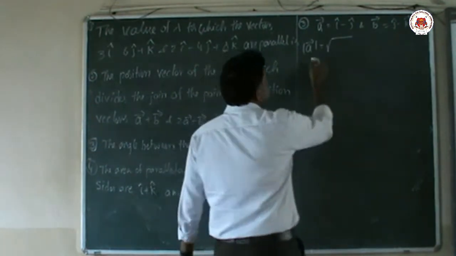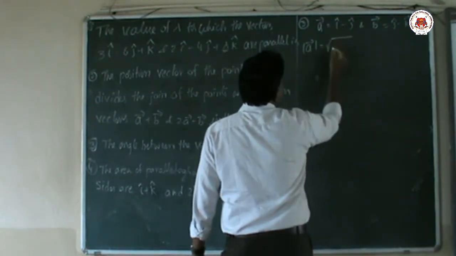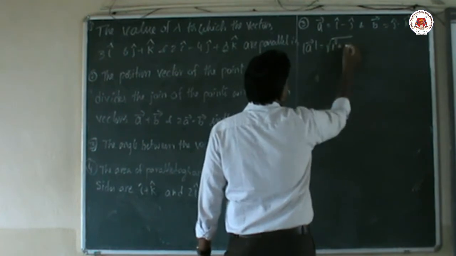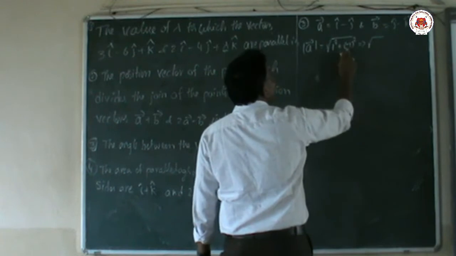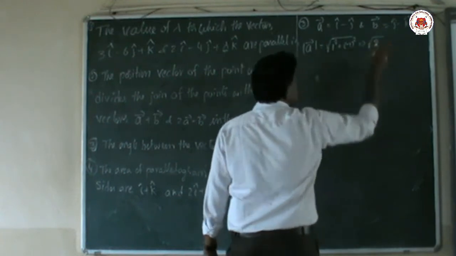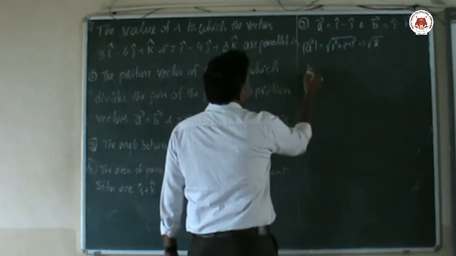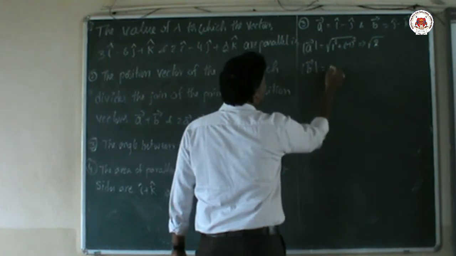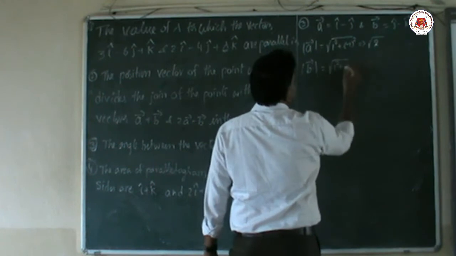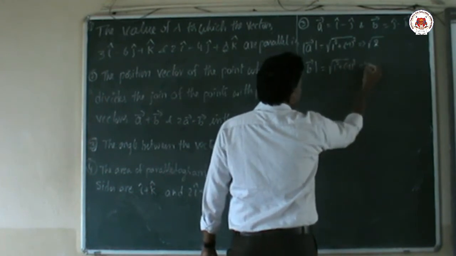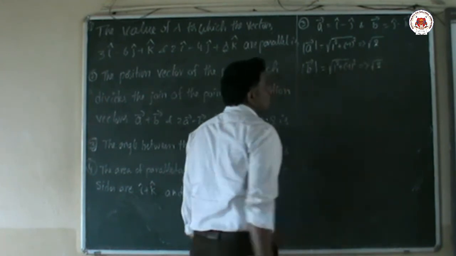How to find the modulus of A? It is nothing but the square root of the i component squared plus the j component squared. So here the i component is 1, 1 squared, and the j component is minus 1, minus 1 squared. 1 squared is 1, 1 squared is 1, and 1 plus 1 is nothing but 2. Next, we will find the mod of B vector. So here the j component is 1, 1 squared, and the k component is minus 1, minus 1 squared. So this answer is also root 2.